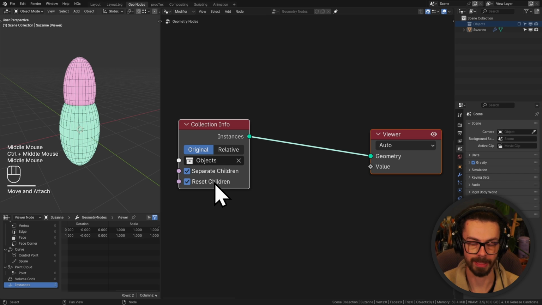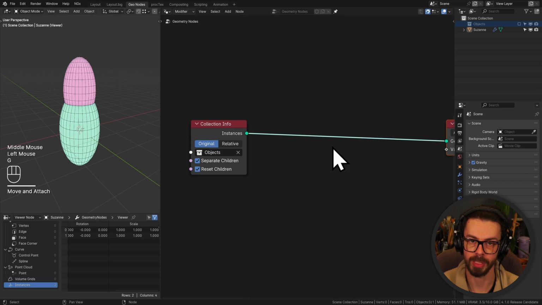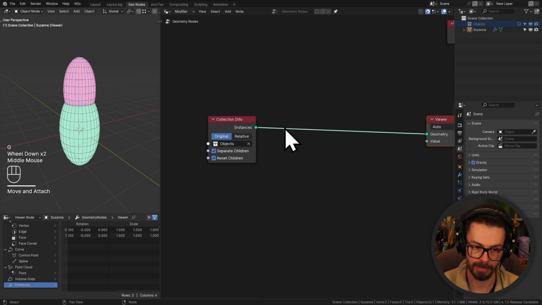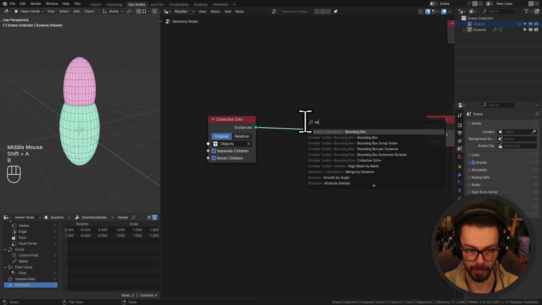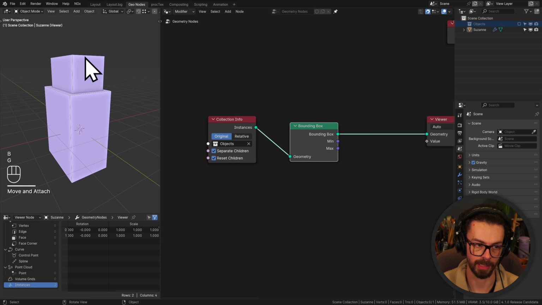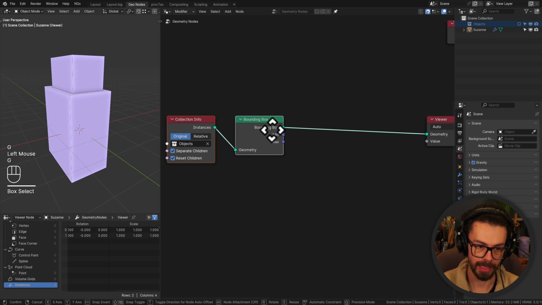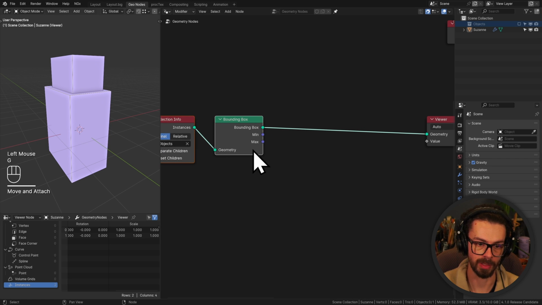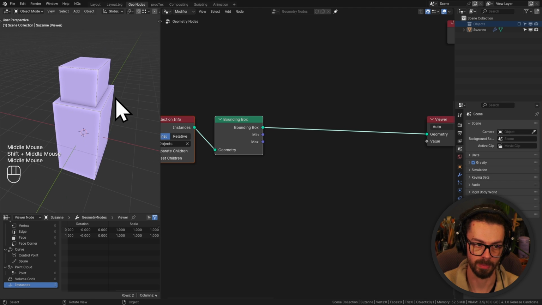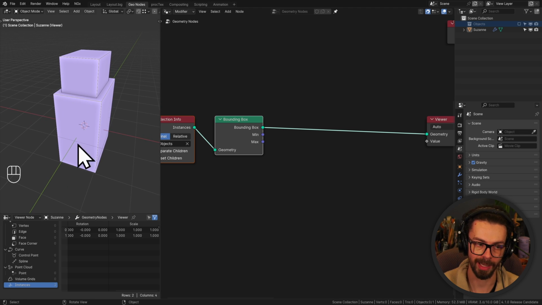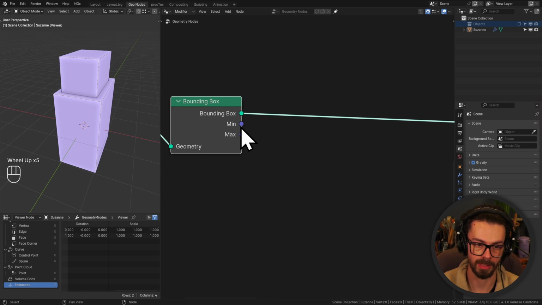We've separated and reset our children just to make sure that they are at their origin equals 0, 0, 0 position. And then we're going to use a bounding box node. This is going to give us a bounding box per instance. On each one of these bounding boxes, I want to know what its minimum and maximum size is. And so the way that we're actually going to do this is not with the min and max values here,